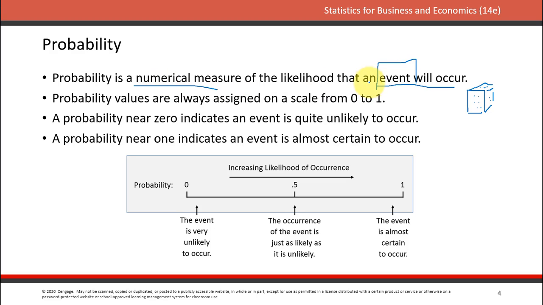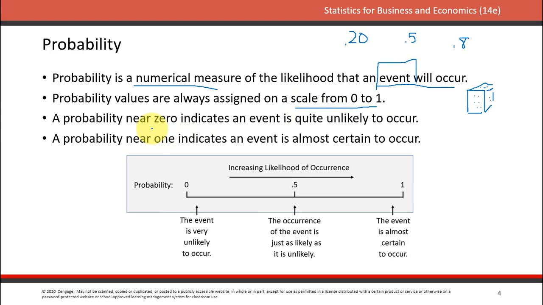So the probability that it will rain is a number, 20%. So we'll write that as 0.2. The probability that we get an even number, maybe we don't know what it is, but let's pretend that it was 0.5. So that's a number that we assign to that event, and we call that the probability. And the probability that sales will increase, let's say we give that a number, let's say 80%. Okay, so we have events, and then we assign probabilities to them. And the scale is always between 0 and 1.